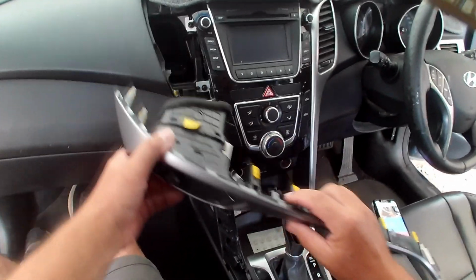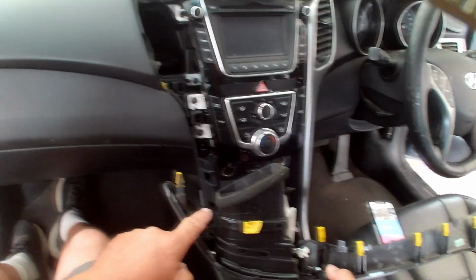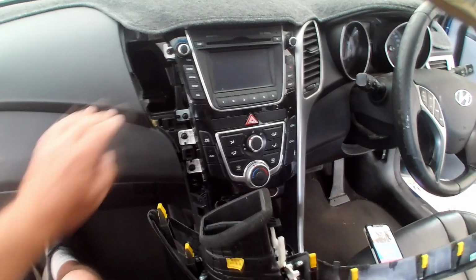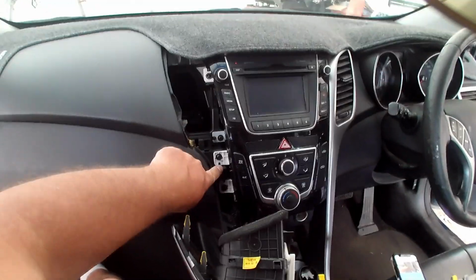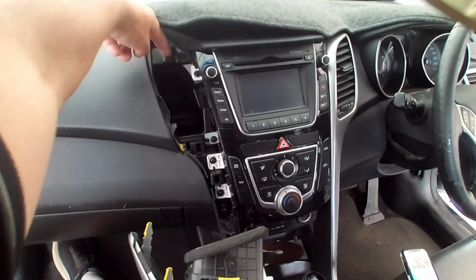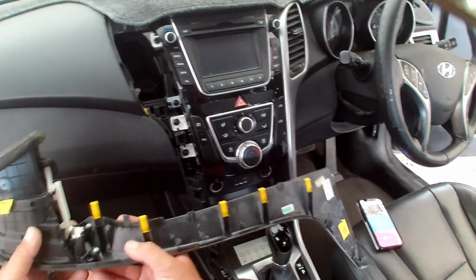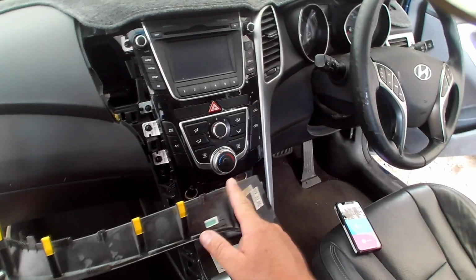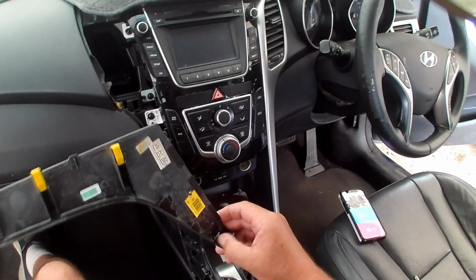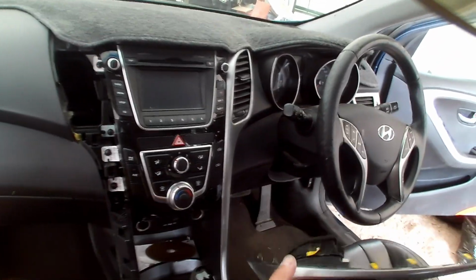All in one piece. So what you're looking for: there's a clip at the top, and there, nothing down the side, which is this edge here. There's another one about there, so you can see the locations in the car. Two at the top, two down here. There's a couple more down here, and they all correspond to these silver clips. But as you can see, not a lot down here. It's just the way it's built, it's plastic. Okay. So I'll put that one aside for now,